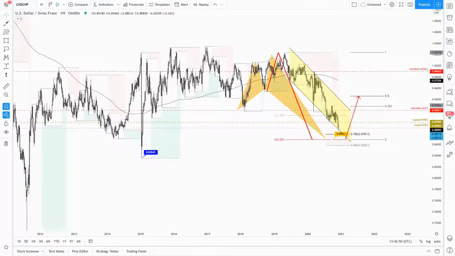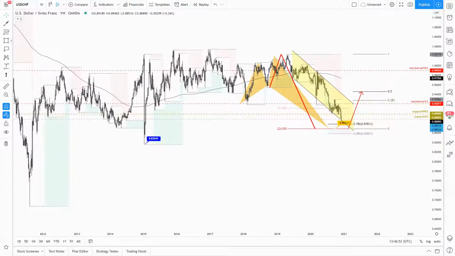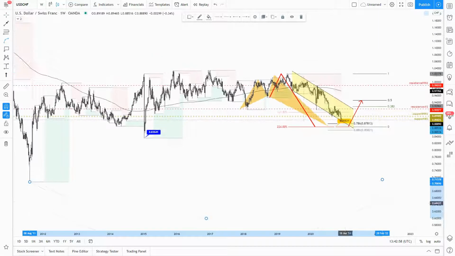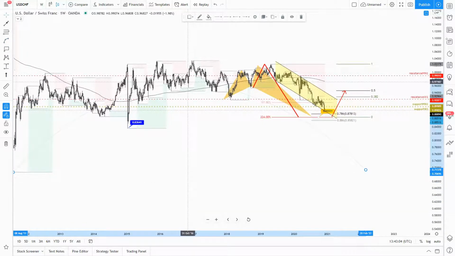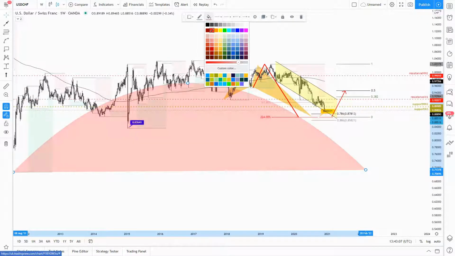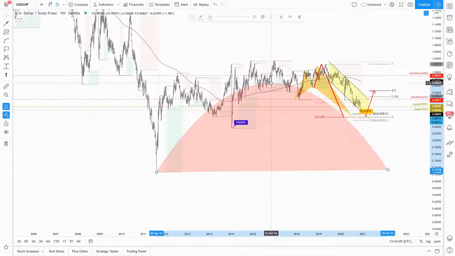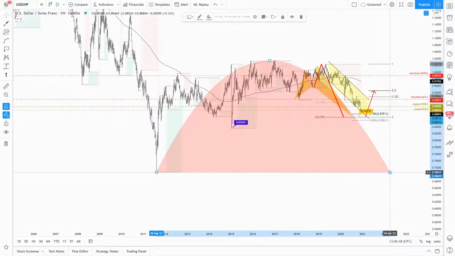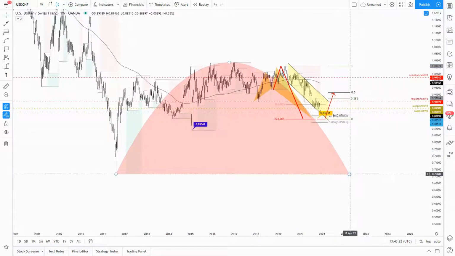Eventually we are forming kind of a round shape structure. I will draw this just as pure example, as a potential cup and handle, or in this case an inverted cup and handle formation. So I will not be surprised to see a retest of the previous structural lows, and then later another bounce from these lows, forming the handle, and then more downside momentum for CHF